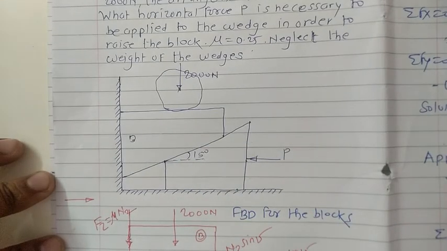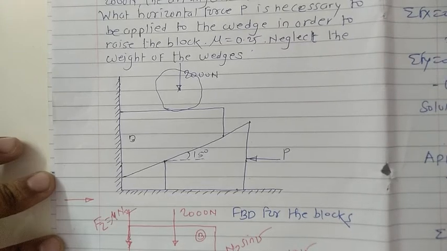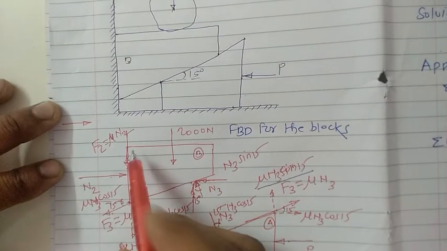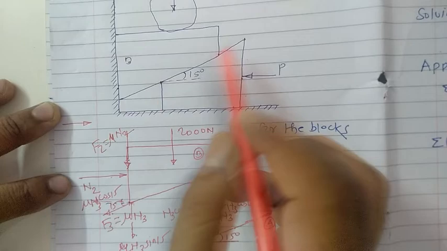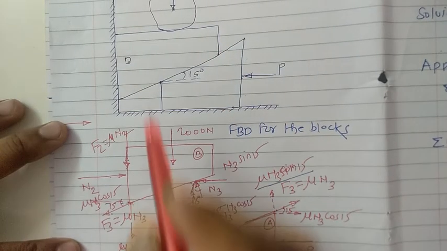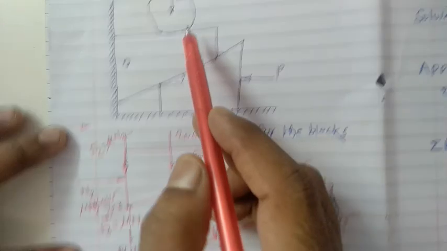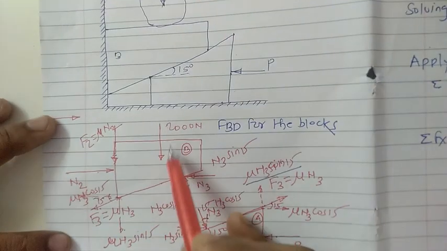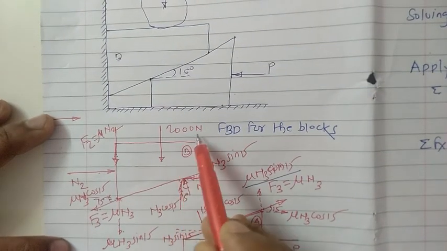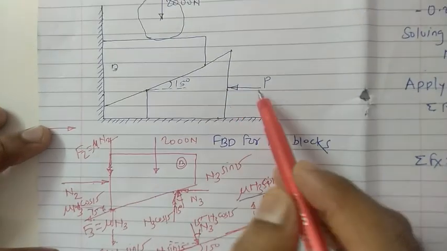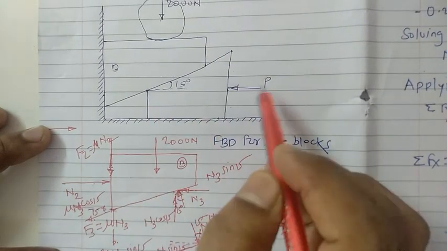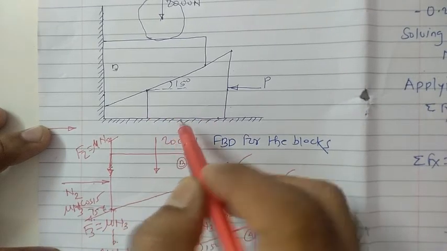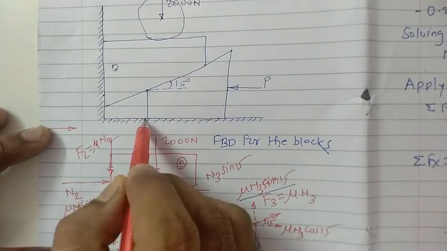As far as the first step is concerned, first of all you have to draw the free body diagram for the given system. For that, just isolate the upper block and lower block in this way. First of all, draw the free body diagram for this block. Here the stone whose weight is 2000 Newton, just represent that weight by one force here, 2000 Newton. The tendency of this force to act on this block towards the left side means that automatically the resisting or frictional force comes from this surface in the opposite direction of the motion of the block.